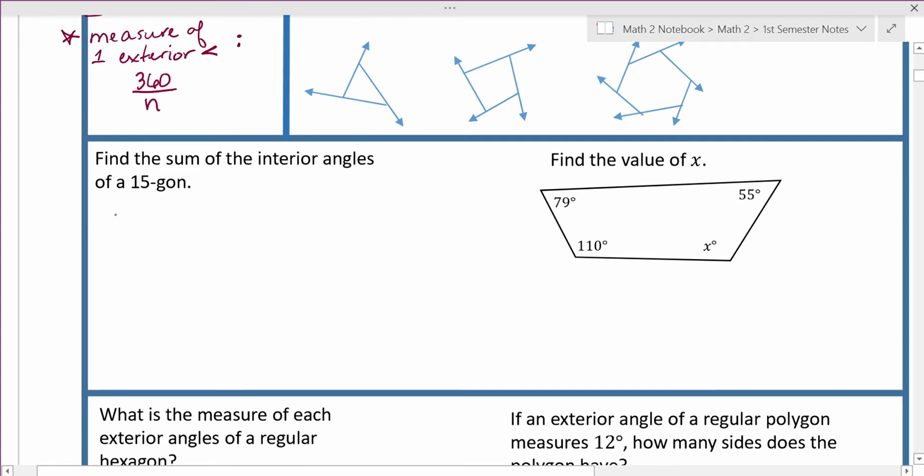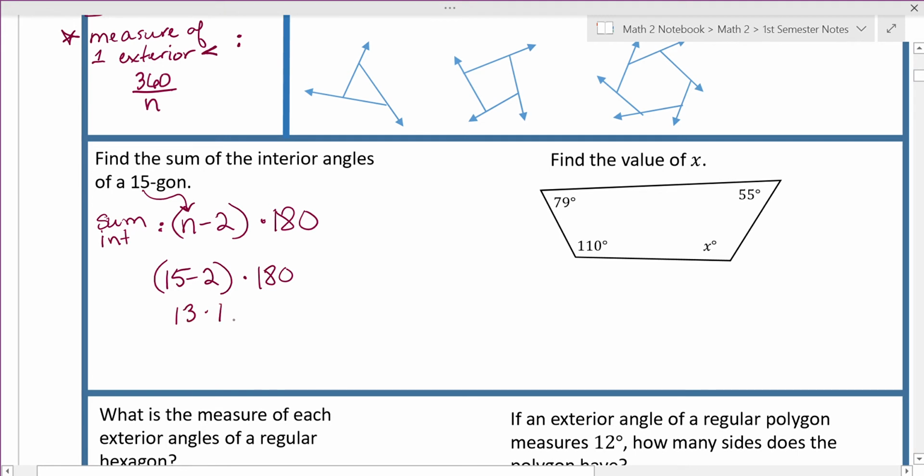So they're saying we have 15 sides, we want to find the sum of the interior angles. Well, we know that the formula for finding the sum of the interior angles, we wrote it up above, is n minus 2 times 180. N represents the number of sides. So we're going to take 15 and plug it in for n. So that is 15 minus 2 times 180, or 13 times 180, which should be